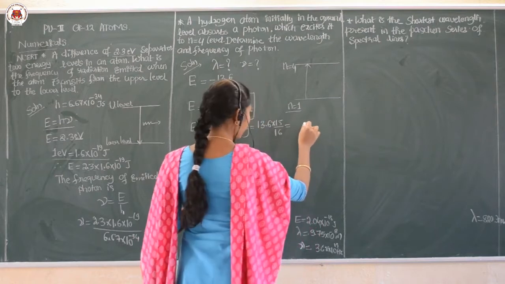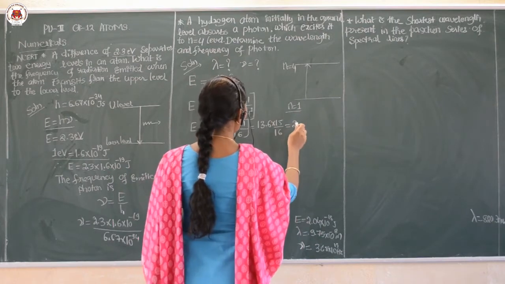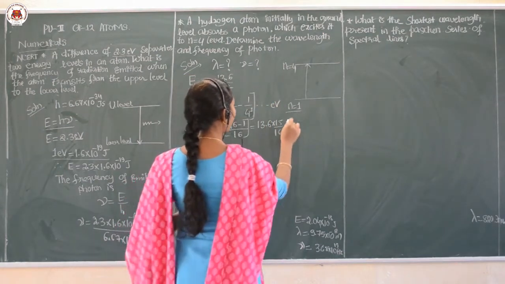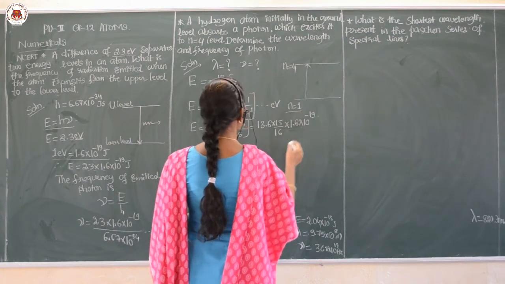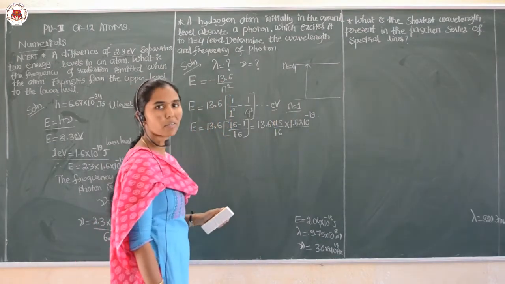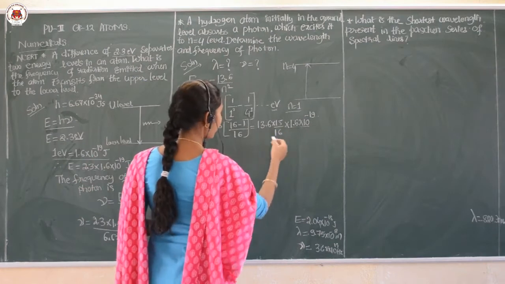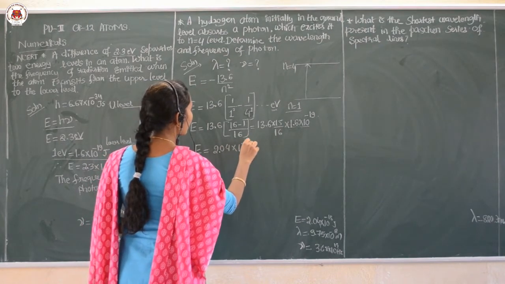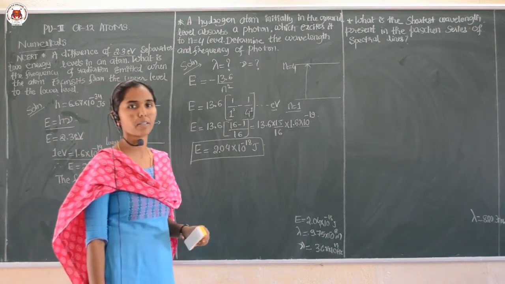That is 2.3. Actually here you will get the answer in terms of electron volt. Again here you need to multiply by 1.6 into 10 raised to minus 19. Why have I multiplied here? Because the electron volt energy needs to be converted into joules. Then E is equal to, after the simplification, 2.04 into 10 raised to minus 18 joule. This will be our answer after the simplification, right?